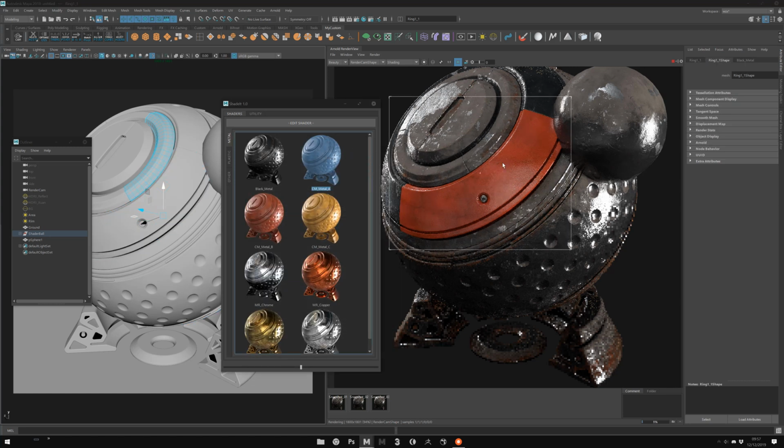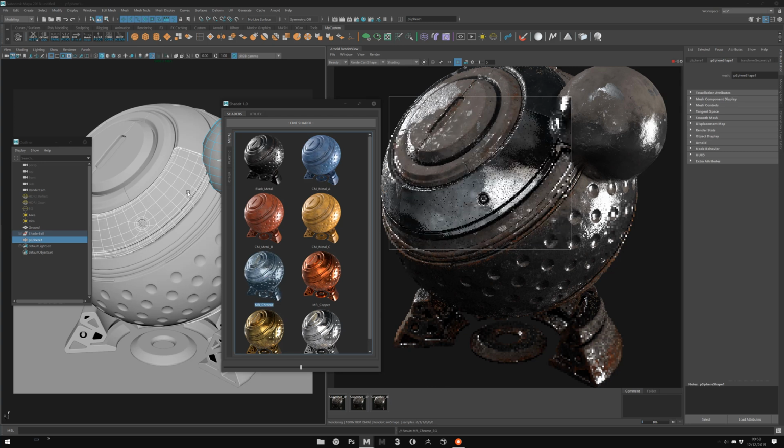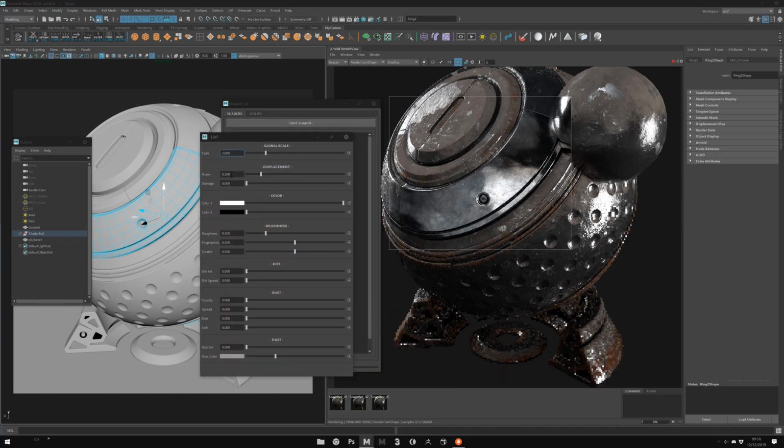Same thing, right click, you can create iteration. What do we have? We have metal raw. Okay. With always the same thing, and here you see metal raw has more control on the roughness because it's really important.